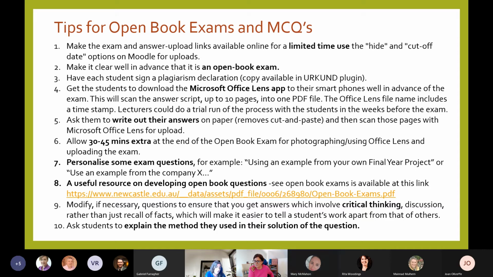So that's an important point, to open it at two different times, because a lot of them are working during the day or they don't have access. So make it available for a long period of time. But once I start it, then I only have an hour to do it, and the randomize, always use a